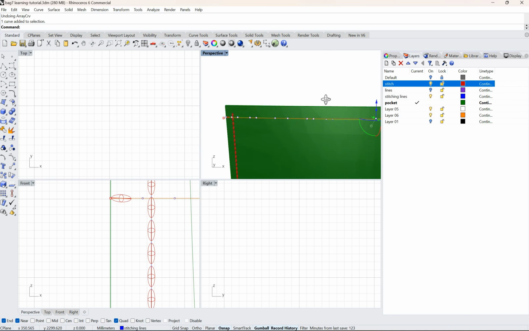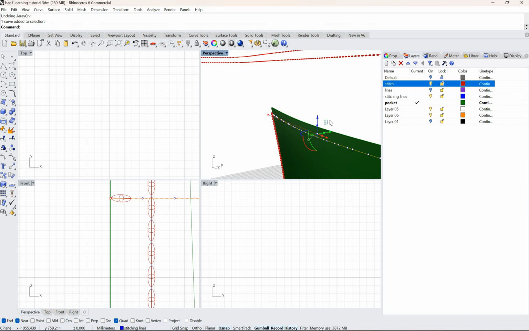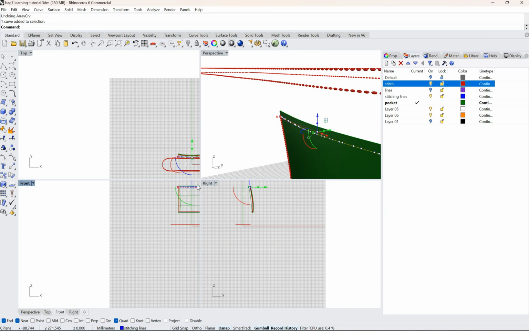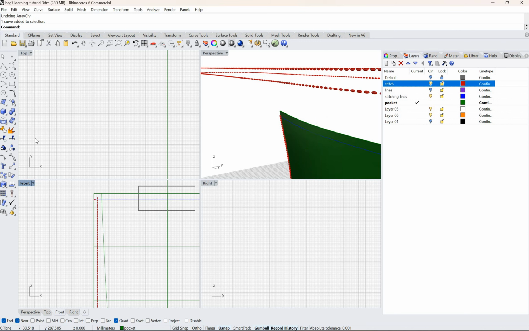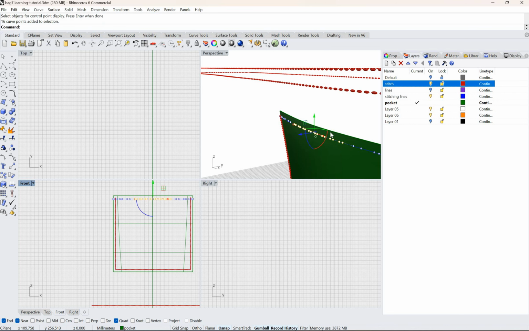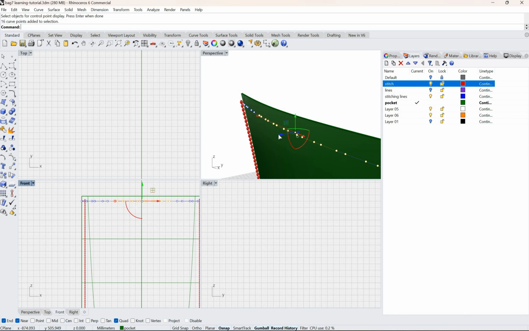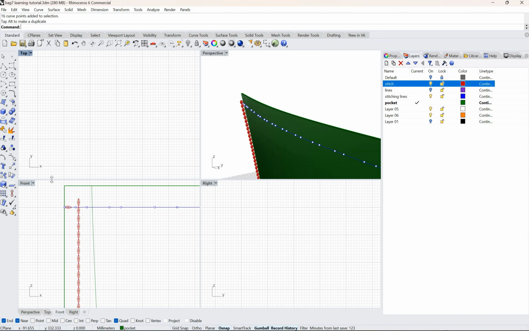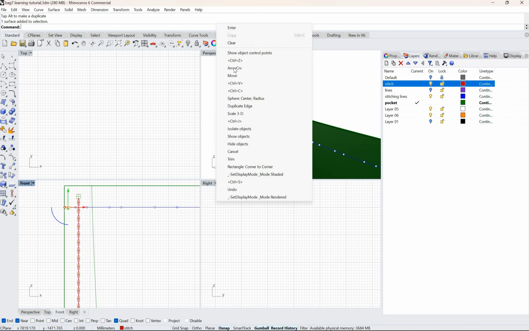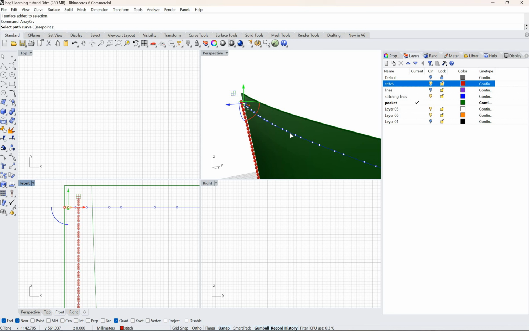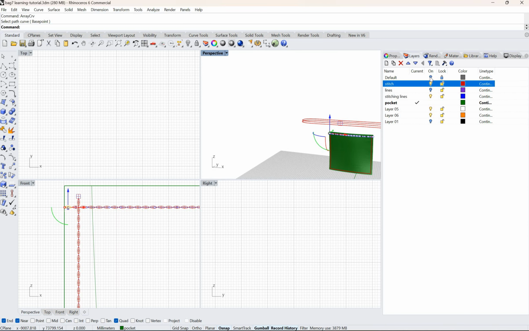Okay, so one thing I need to make sure is that these lines are coming out. So I can just select these center lines, go to control point here, click, click enter, and just make sure you have the lines out a little bit, and then you try the array curve. So I'll select this one, right click, array curve, and the base point is this one, click. Yeah, so if you see this, I'll bring this out,